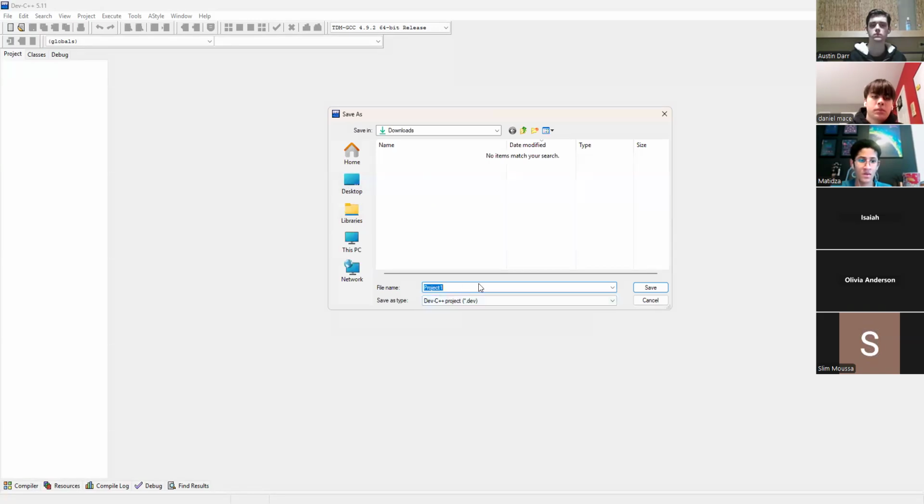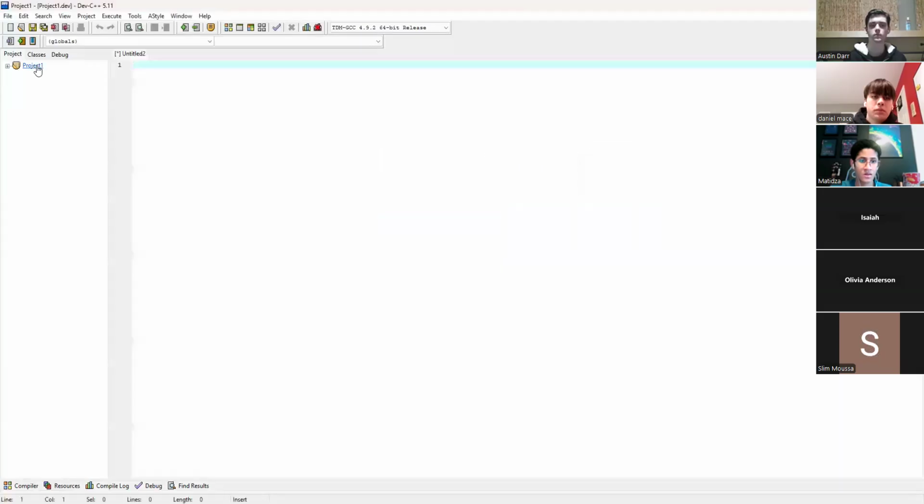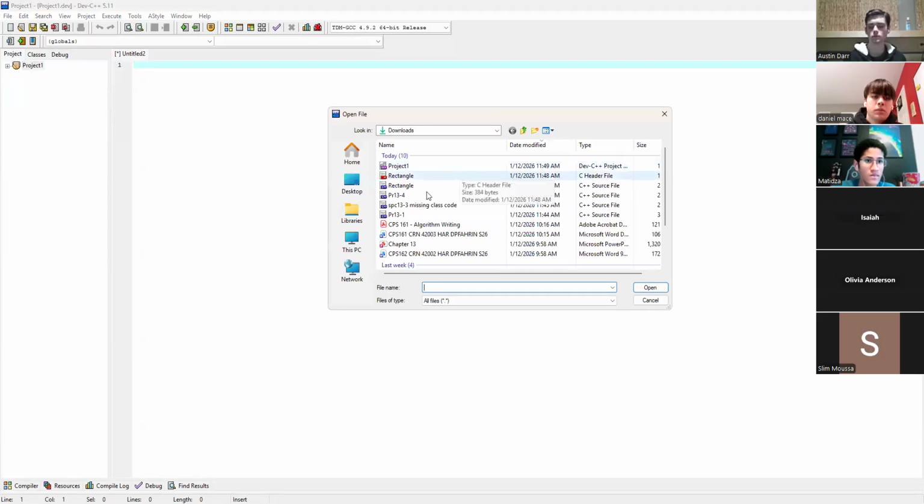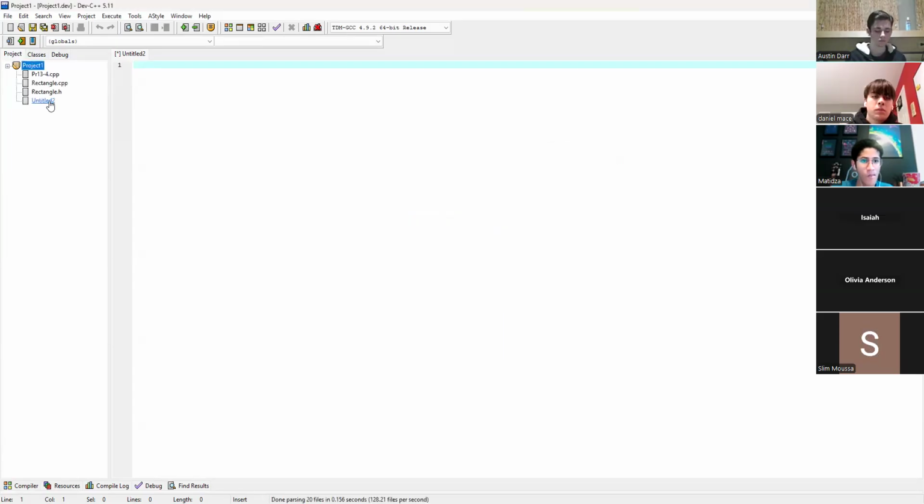I'm just going to let it be project 1, and I'm going to save it in downloads where those other 3 files are. Going to go to project, right click, add to project, and in downloads, I'm going to find that 13.4 rectangle.cpp and rectangle.h. And I'm going to open all 3 of those.